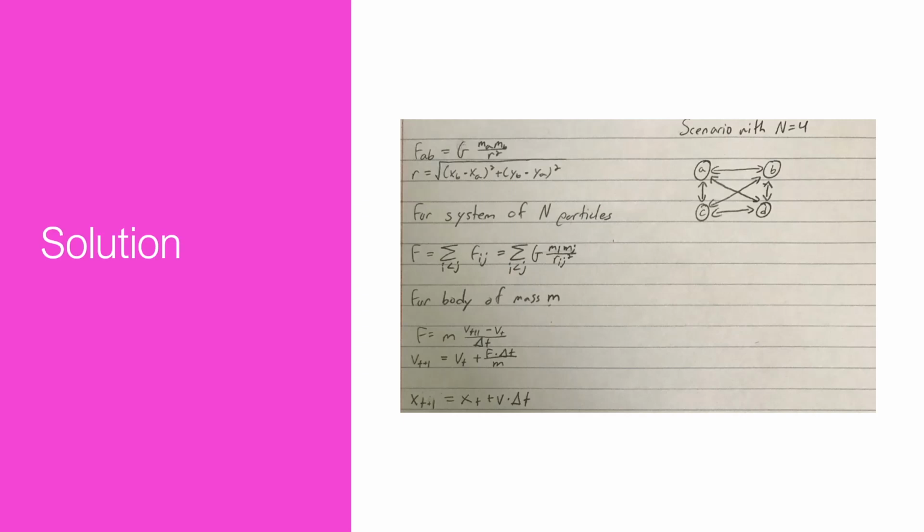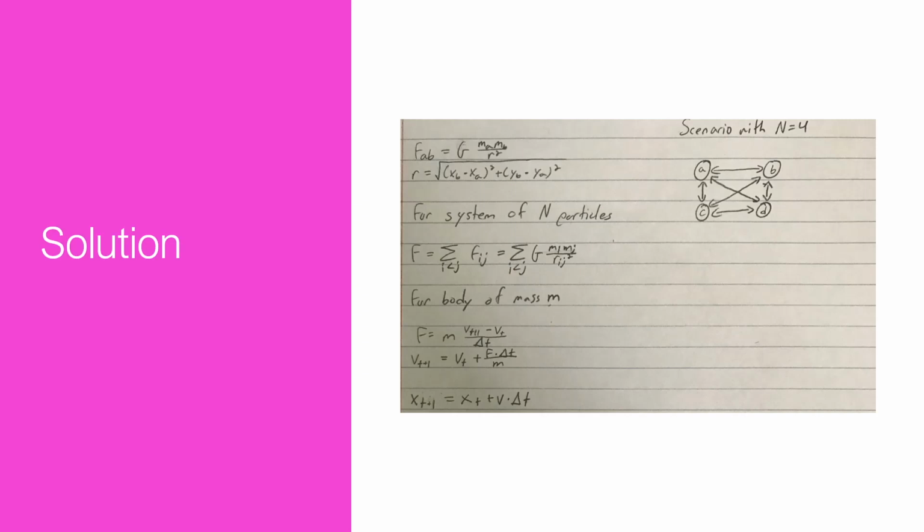So for the system of n particles, we would have to take the sum of all of these objects, and for the body of mass m, we would do F equals m times v of t plus 1, which would be the next step, minus the original v over the change of time. And we would solve for v of t plus 1 to get the final velocity that we want. And then for the final distance, we would just do the original distance plus the velocity times the change in time. So this force body diagram is a scenario with 4